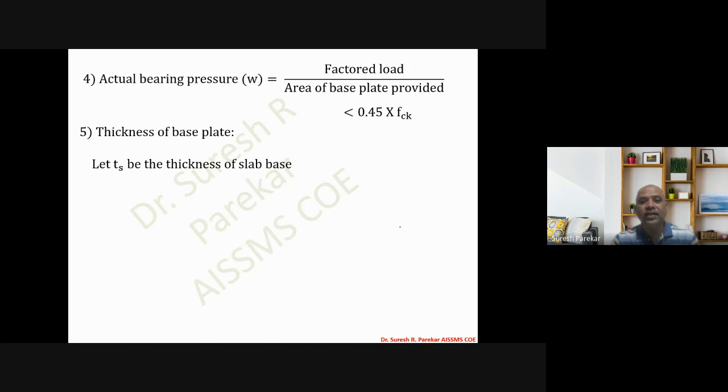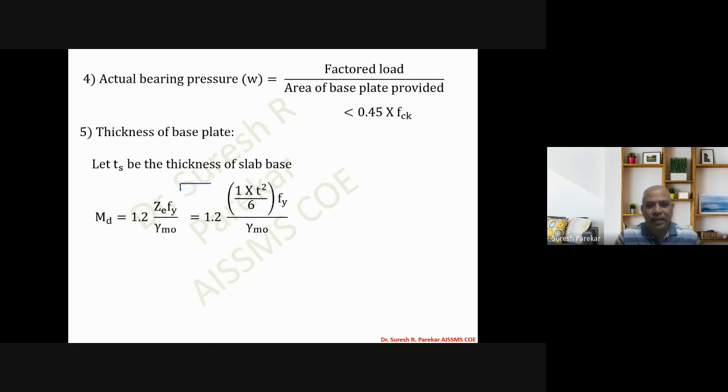So we have ts as the thickness of the base plate, and then we will get Md equal to 1.2 Ze upon gamma m0. Now this value is taken by the IS code, and by using this value they have derived the formula. Actually, for a rectangular plate it is 1.5, but this is taken as 1.2 Ze upon gamma m0. Then we have Ze as 1 into t square by 6. So we are going to consider